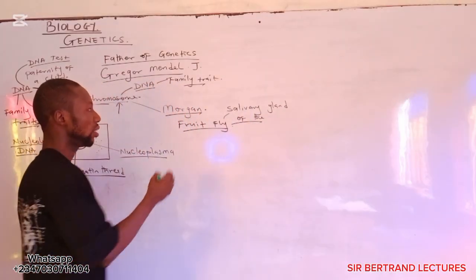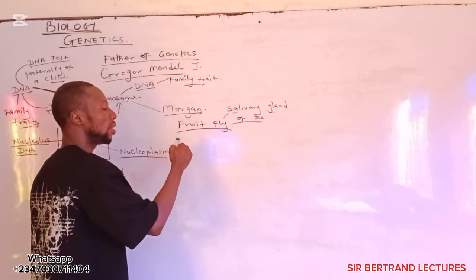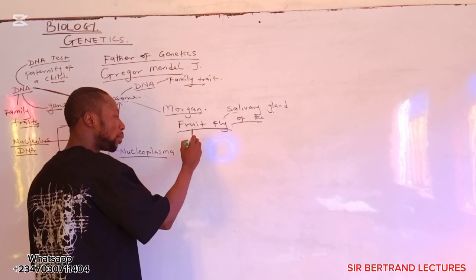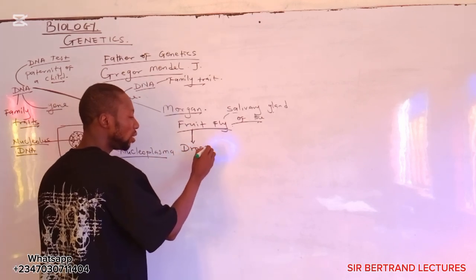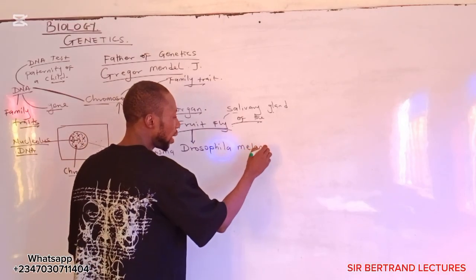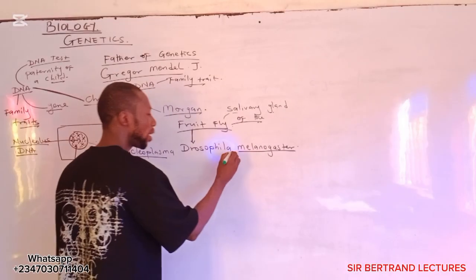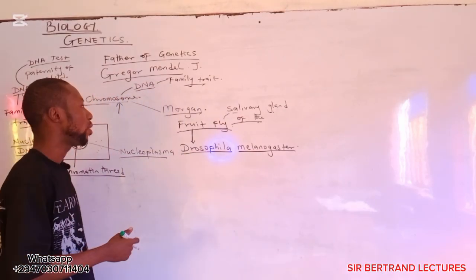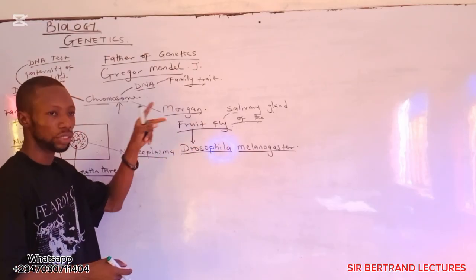Do you understand? Now, in your past questions, the spelling of fruit fly is very important. The scientific name of the fruit fly is Drosophila melanogaster, whose salivary gland Morgan used to discover the structure